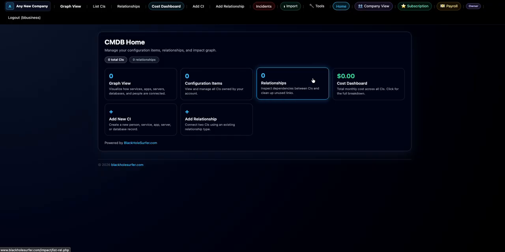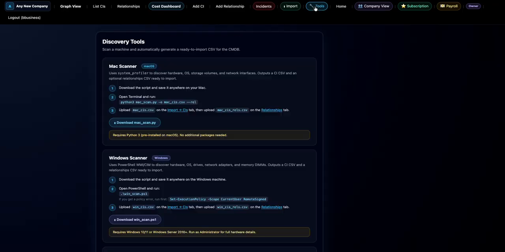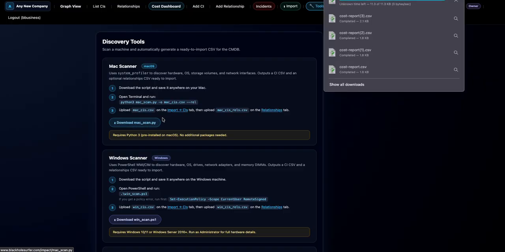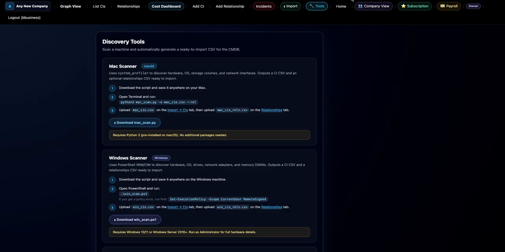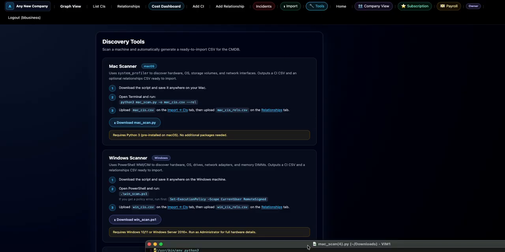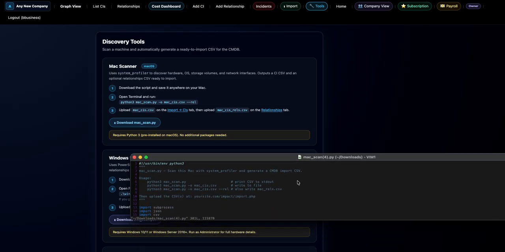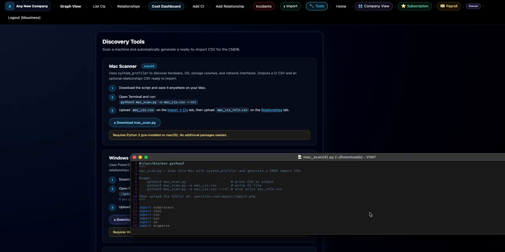So what I'm going to do, I'm actually going to use this tool over here to create CIs for me from my system. So here, this is a script that you can run. It's called mac_scan.py, which is Python, or you can run Windows scan PS1. I already have the mac_scan.py. So I'm gonna click this, and it looks like this. It will just run this Python script,